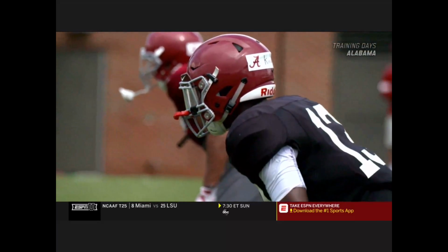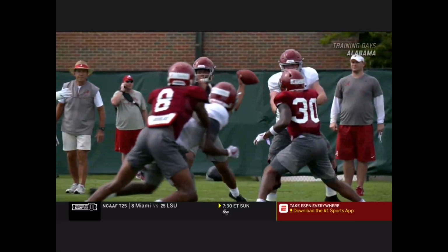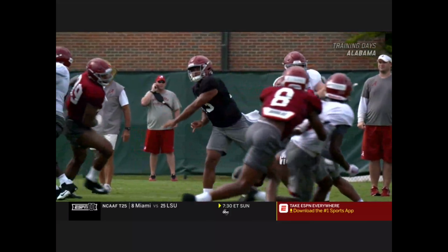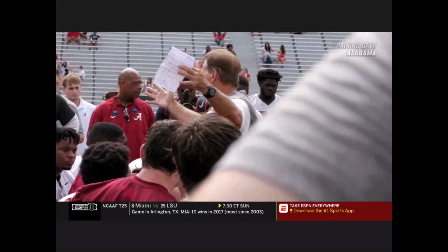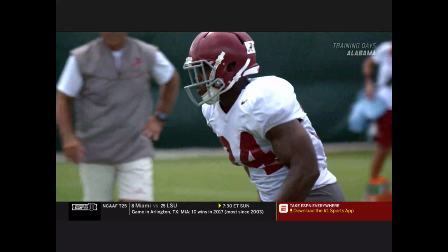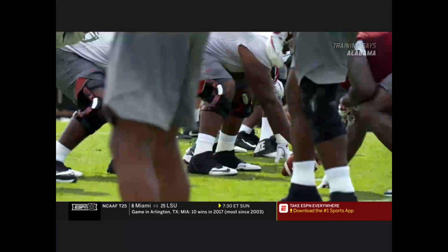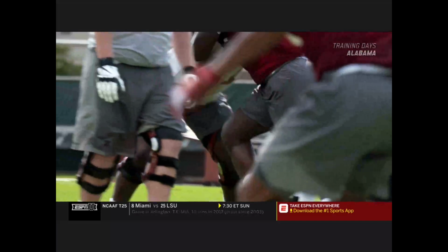Because you got recruited by one of the best schools, if not the best school in the country, you think you a beast, but you ain't really a beast. Everybody wants to be the beast, all right, but everybody doesn't want to do what the beasts do. There's a difference between saying beast mode and activating beast mode. Think about that. There's a difference between saying beast mode and making